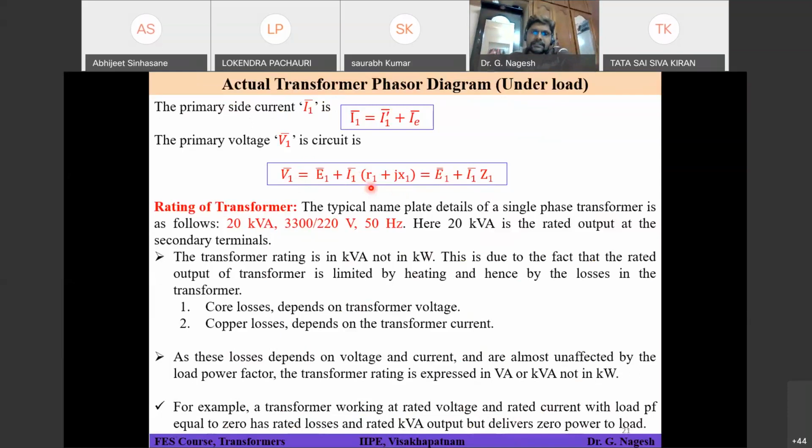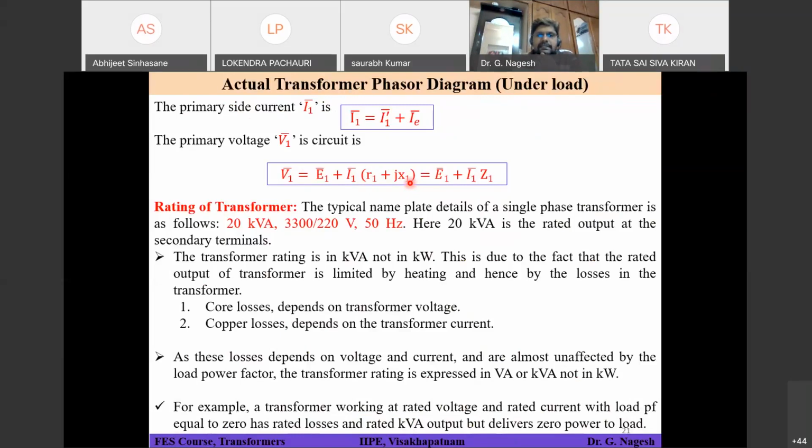What is your question for an ideal transformer? Sir, if the transformer is not ideal, then I1 dash should be equal to 0, then I1 should be equal to I_E itself. Are you talking about load or reactance? Sir, the inductor, on the primary winding side. On the primary winding side, there is actually no inductor. A physical inductor is not there.